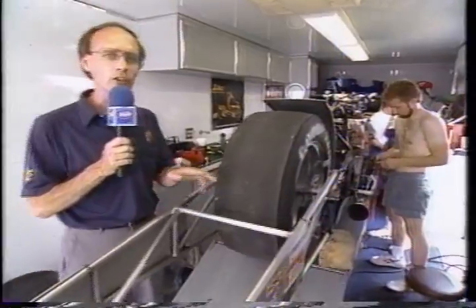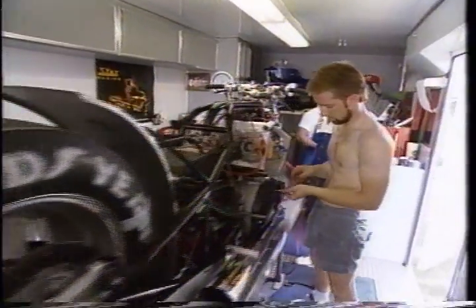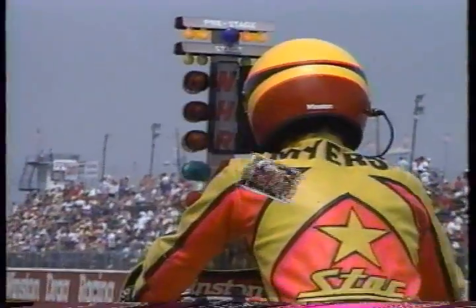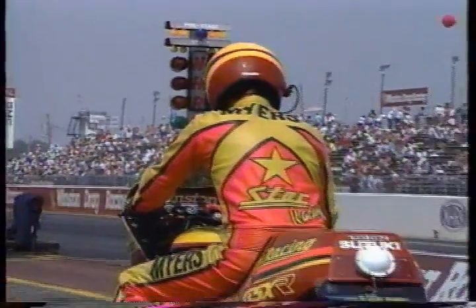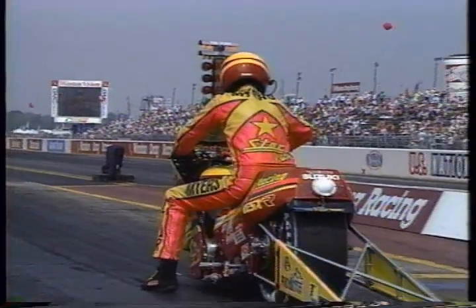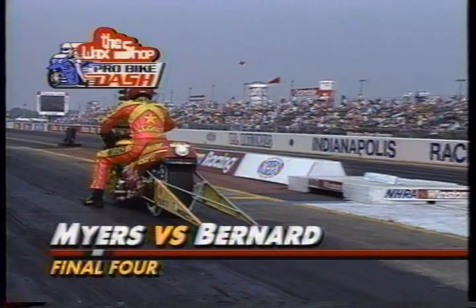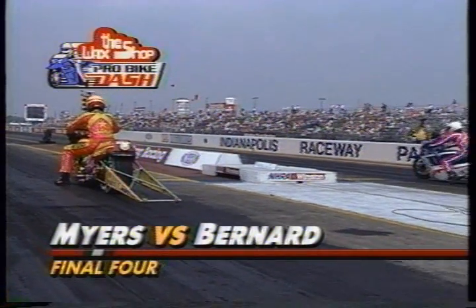But also, this bike is a 2-valve per cylinder Suzuki. As a matter of fact, next to John Myers, might be the only 2-valve bike in competition today. Maybe not. Some of the other teams have switched to the 2-valve because the engine can be bigger with the same total weight. All right, here is John Myers, the best of the best, up against the youngster from Maryland,